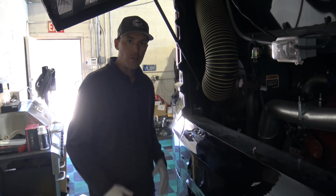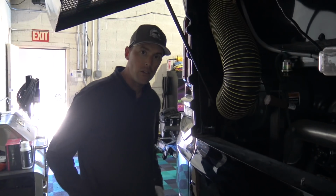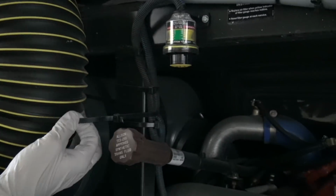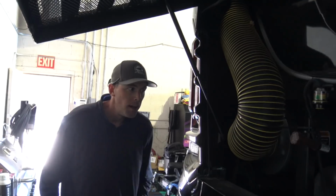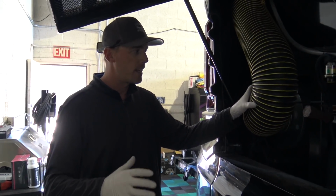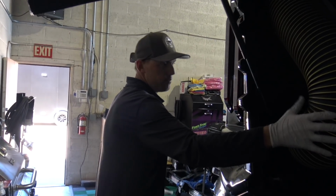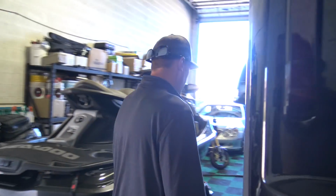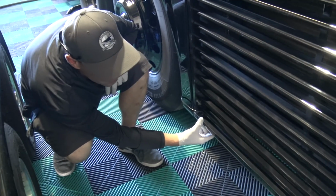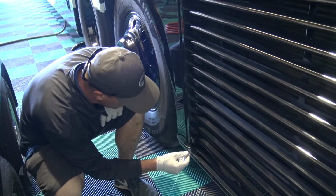The other thing I noticed is, I know they were in a hurry to get a few things fixed for this gentleman, but it seems like one of the common tools that they're using to get things fixed that I've noticed on this bus is zip ties. Here's another piece that's zip tied together, and hey, it's serving its purpose. But even on my 08 Tiffin Phaeton, I had a similar part with the air filter, and zip ties didn't cut it for me. I made sure that I had the right bracket, so I'm a little bit concerned that zip tie could break. And then another thing here, they didn't have time to get this screwed back in. The screw is loose here, so this radiator door was rattling, and this is zip tied together as well,